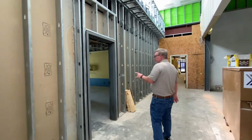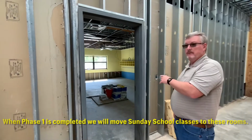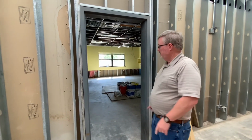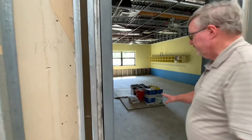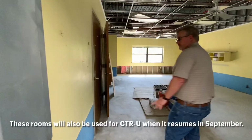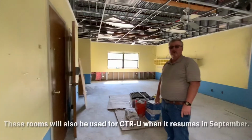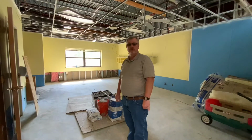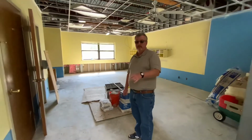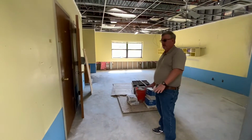There's 2 classrooms here that remained the same. We didn't finish them up. They had to come in here and replace the lower 2 foot of sheetrock because back in February we had the super cold temperatures. There was one water line that no one knew was there that froze and broke, and so it soaked some of the sheetrock and the insulation, so they had to cut this back and replace all that, which they've got